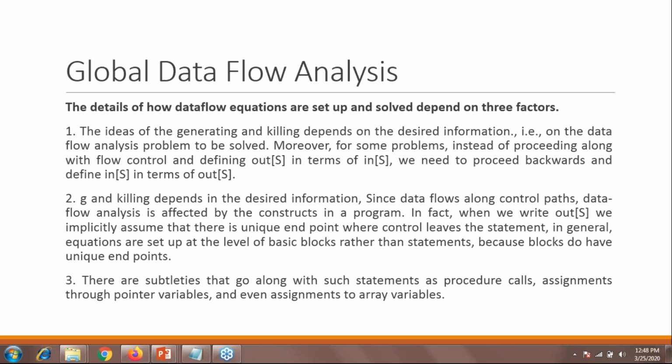So something called a sequence is also there for your major data flow control analysis. Some pointer variables are also required for that concern, and even assignments to array variables. So I think I'm clear with all the points.